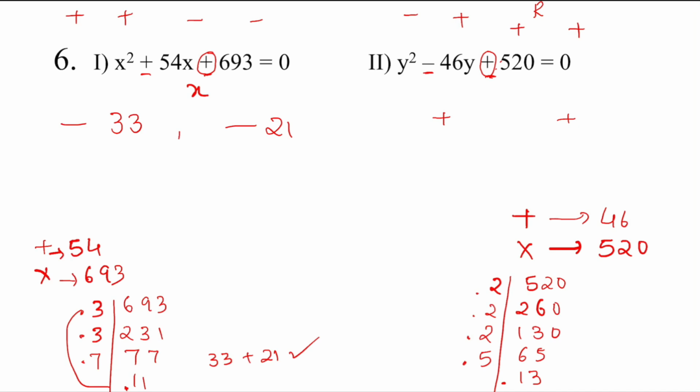Now search for a combination of these. Now 13 5s is 65, so you cannot combine 13 and 5 because it's already greater than 46. So 13 we will try with 2. 13 2s is